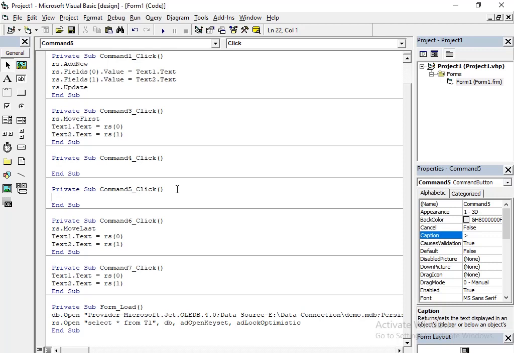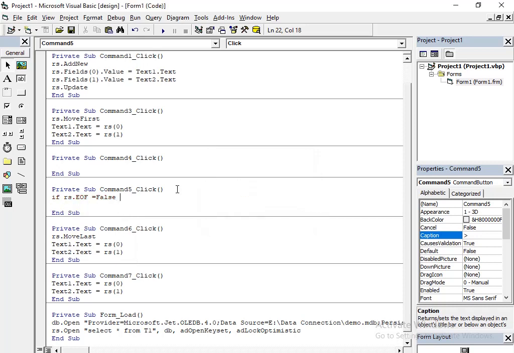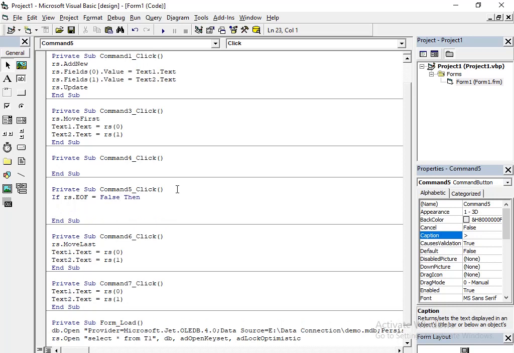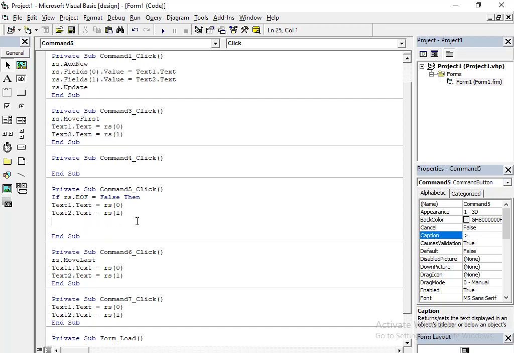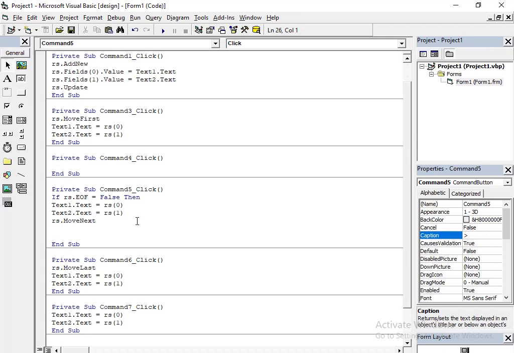So move last in the sense we have to check the end of the record. If rs dot eof, that means end of the record, equal to false, then rs dot move next. So if the current record is not the last record, then it will move to the next record.